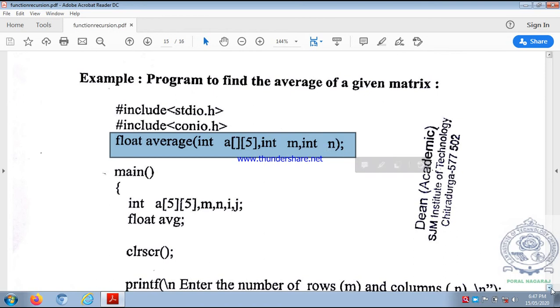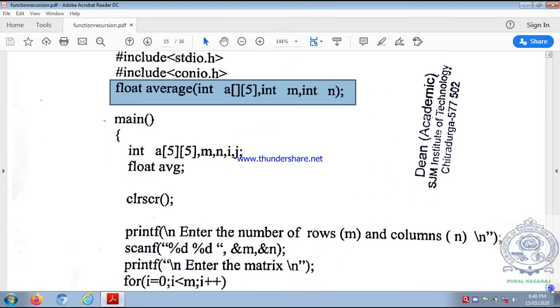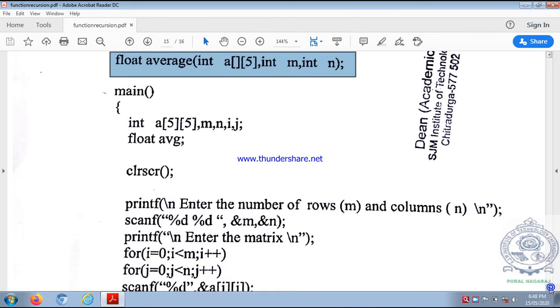Okay. So we are finding the average of a given matrix, meaning we add all the elements of the matrix, then divide by the number of rows multiplied by the number of columns. That gives you the average. First you have to read the array. So in main, we have to read a two-dimensional array.